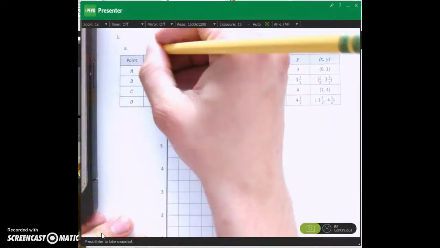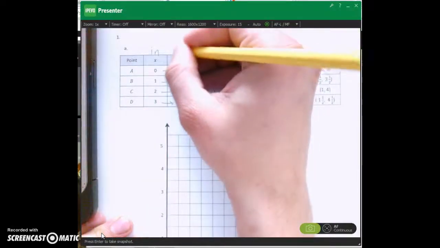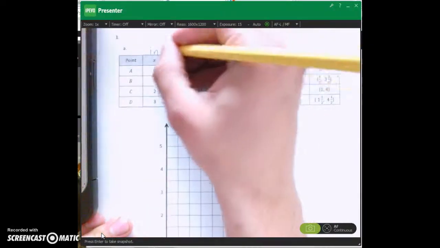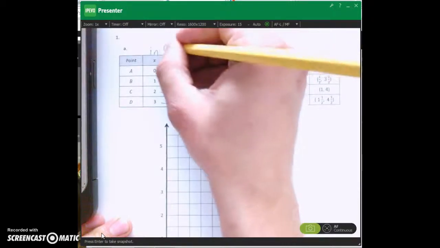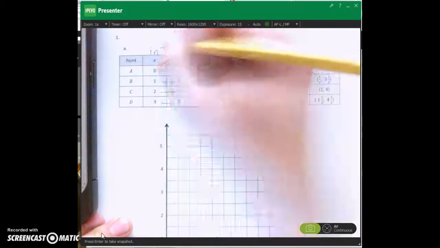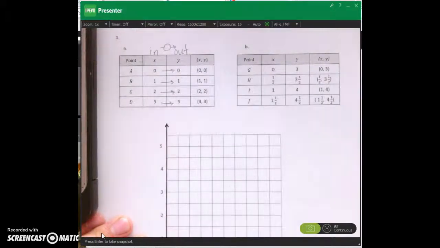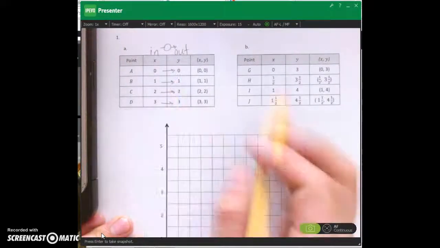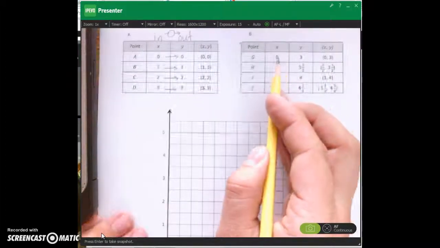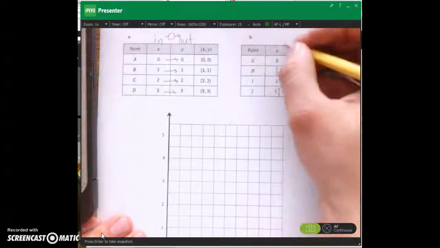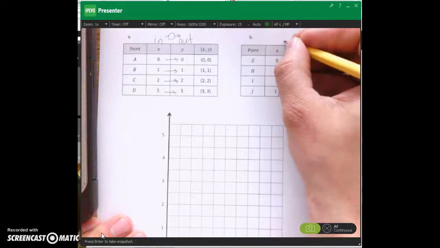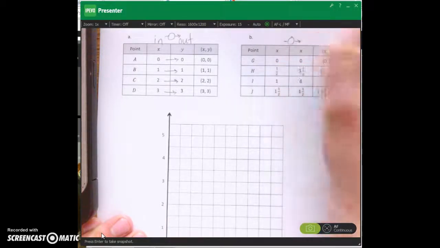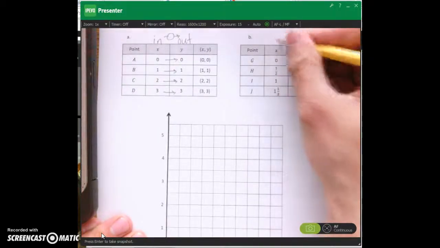We're focused on after I go from the input to the output on the function machine, what is the rule? So we want to see what is the operation or rule to get us from the input x coordinate to the output. Now, same thing here on the B. On line B, we are going to do the same thing. We're going to say what is the pattern at the top and how are we getting from the in to the out,